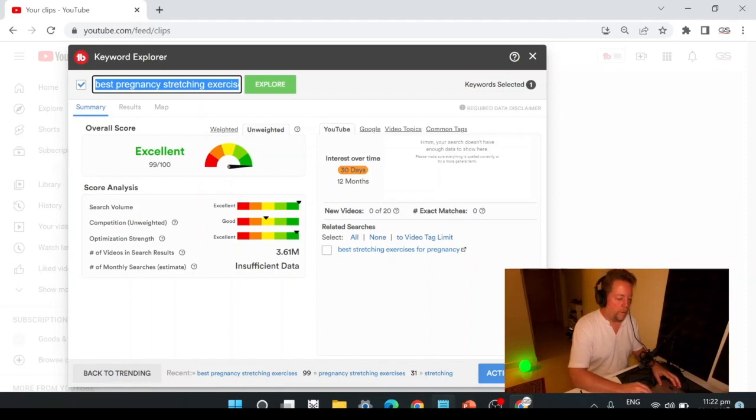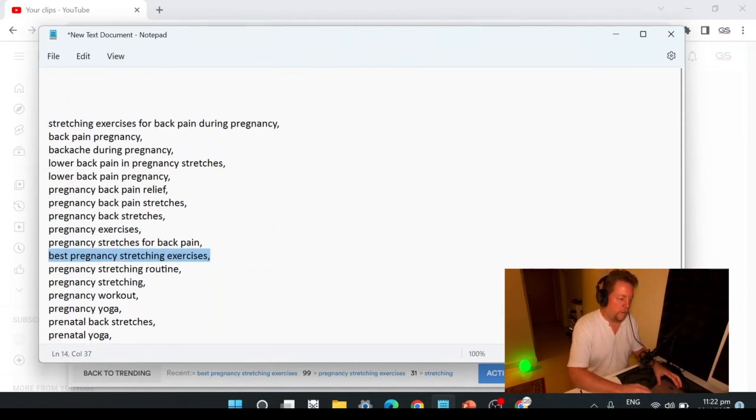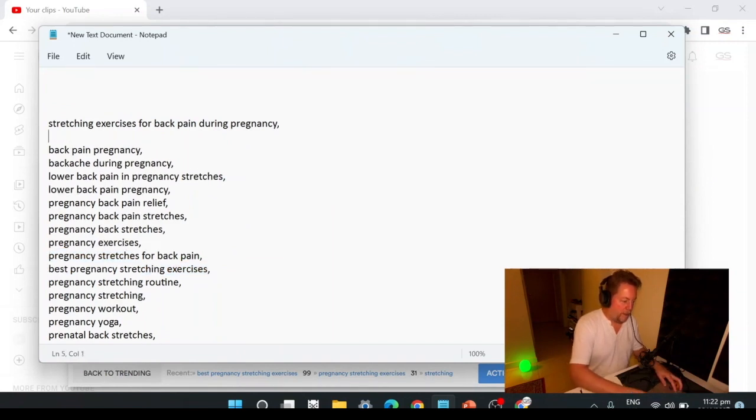So what I'm going to do is go back to my notepad. Okay, we're going to change that to best. That's a trick if you add best because people look for the best of stuff. They use that in search. Okay, so that's my second.